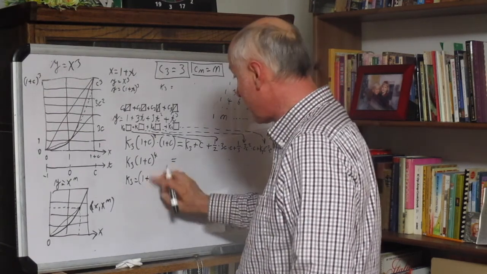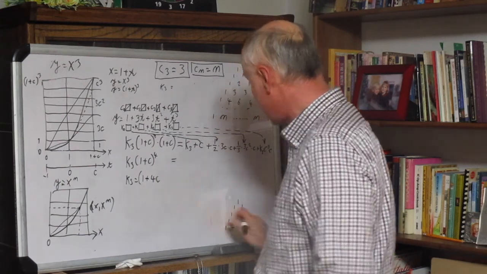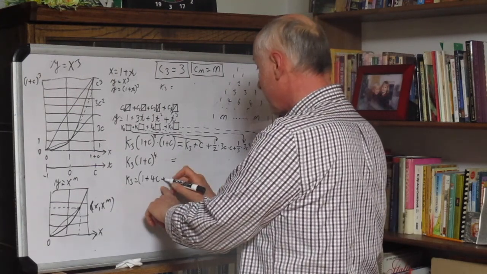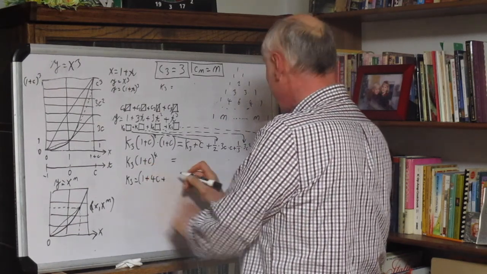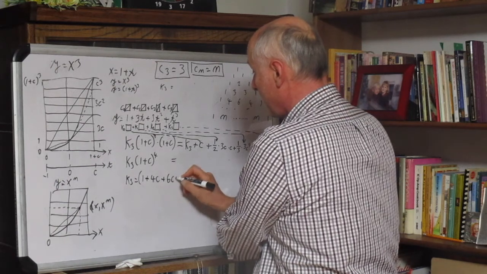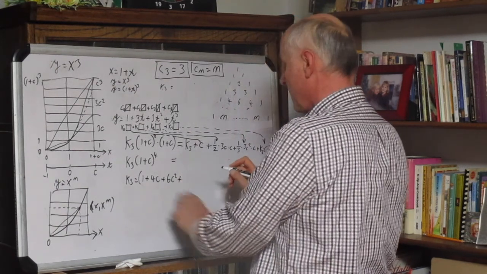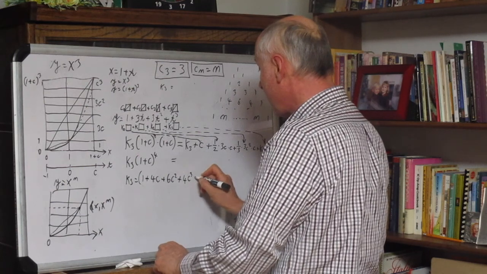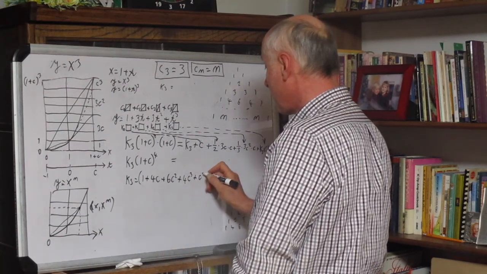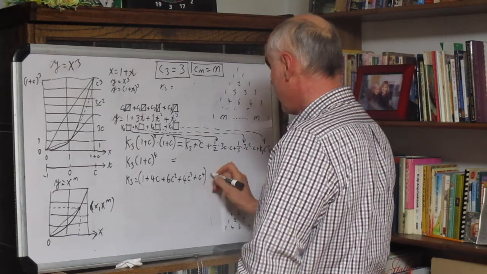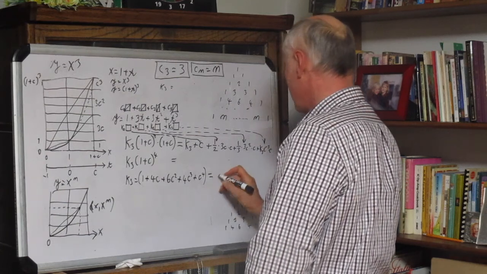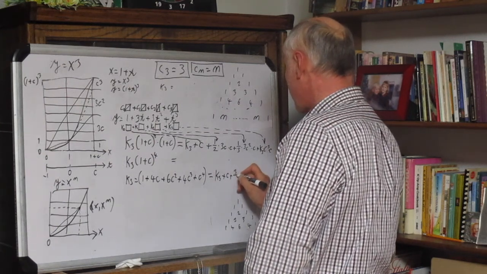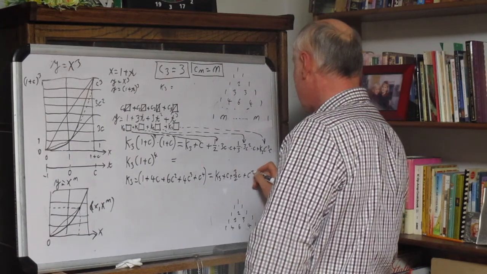Excuse me, but it's got to be multiplied by a factor of 4. See it? Plus 1 times c squared plus a factor of 6 c squared plus 4 c third plus c to the 4th. Okay. And that equals, well, that equals K3 plus c plus 3/2 c plus c squared plus,